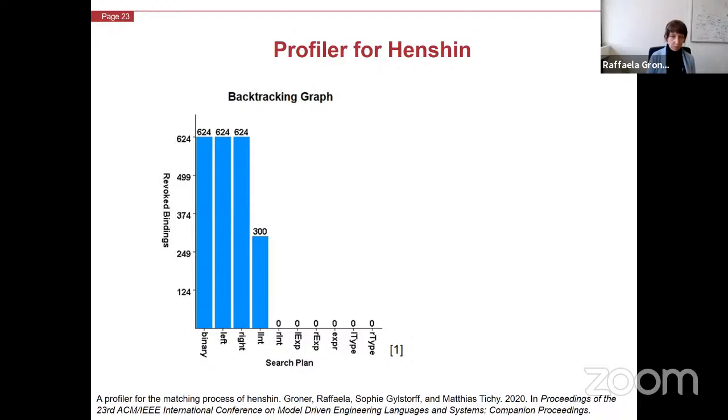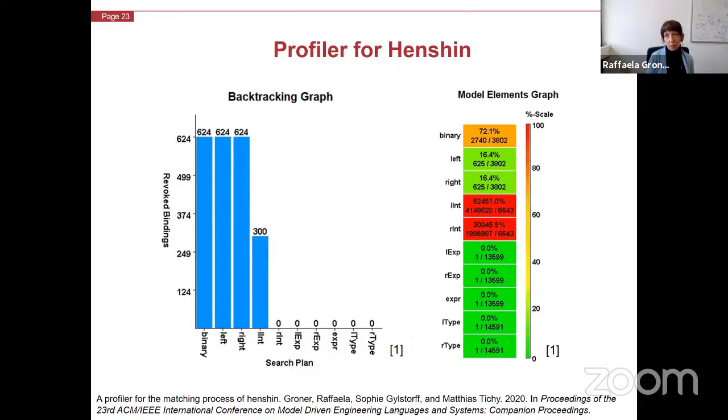This huge number of backtracking, of course, has an influence on the number of investigated model elements. More details about this can be seen in our model elements graph. This visualization shows at the y-axis from top to bottom, again, the nodes from the transformation rule in search plan order.